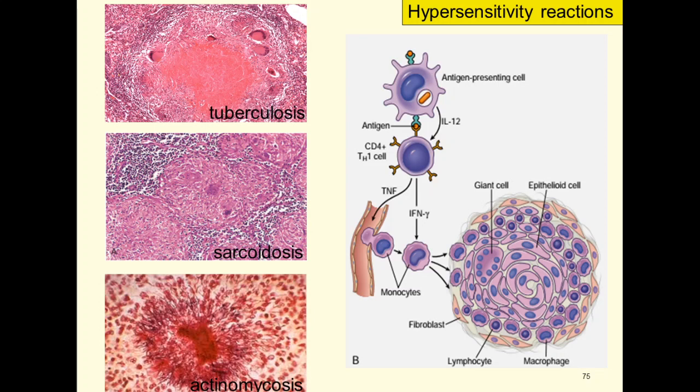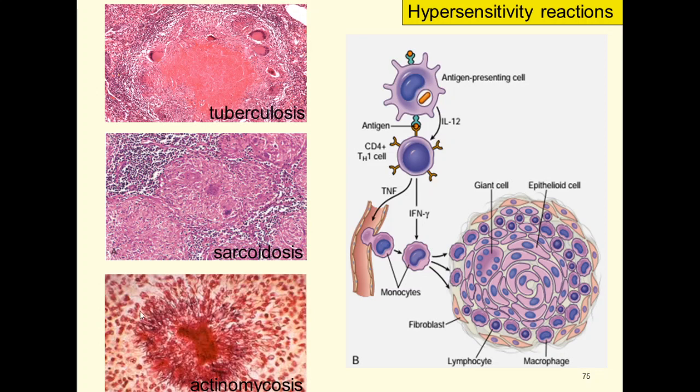So tuberculosis is the classical example of granulomatous inflammation, hypersensitivity reaction type 4. Sarcoidosis also has non-caseous granuloma. In tuberculosis there is caseous necrosis. During sarcoidosis we have granuloma formation, but without caseous necrosis in the center, but with multinucleated cells as well,